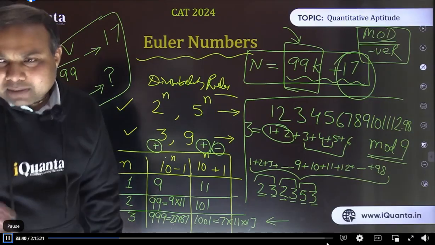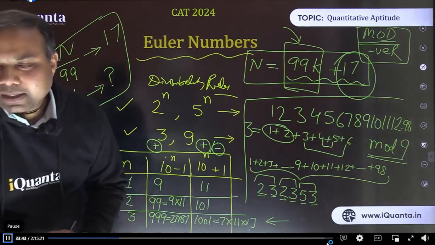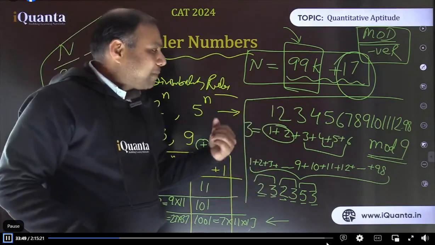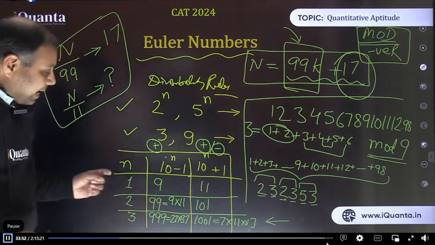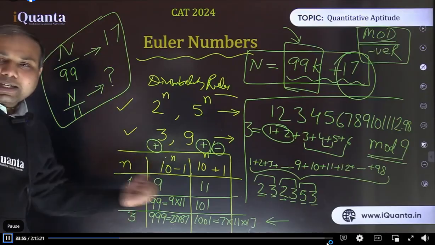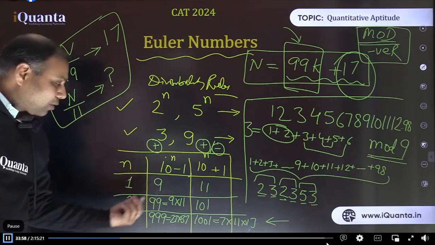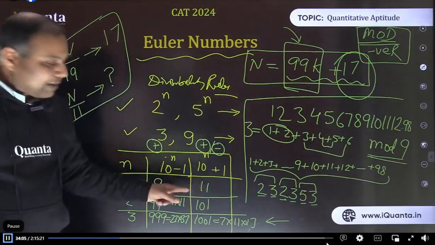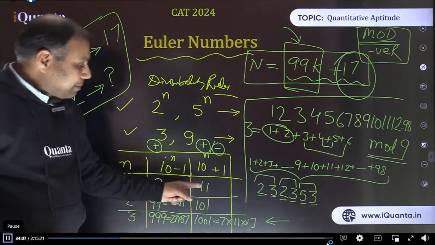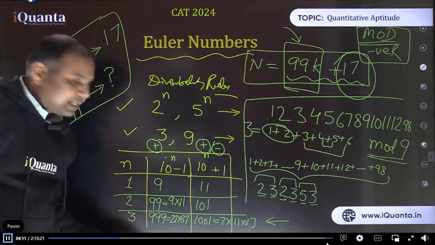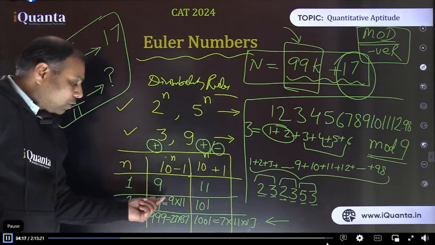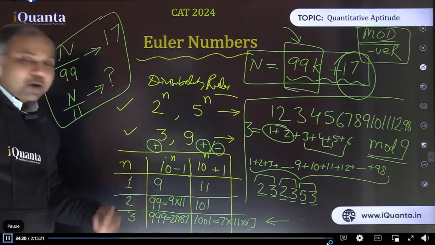It's not about AP, beta. Many of you are writing AP. It's not AP. AP is just given to make the question easier. It is not necessary to be AP only. It can be anything. So the point is that for 9, there are many rules. We have to add the digits. Either I take single digits, or I can make a group of 2 digits or 3 digits and so on. That was the basic point. And the same way for 11 also, there are infinitely many rules. So we can make groups of 1 digit or 3 digits or 5 digits and so on. Then those groups are to be alternately added and subtracted. Or if I make groups of 2 digits or 4 digits or 8 digits, in that case the groups are to be added.